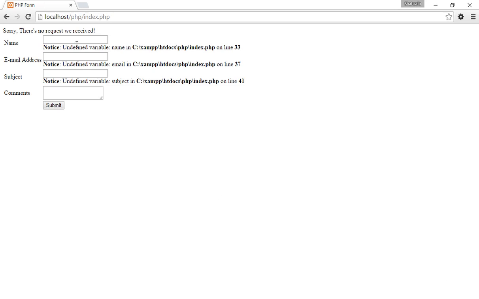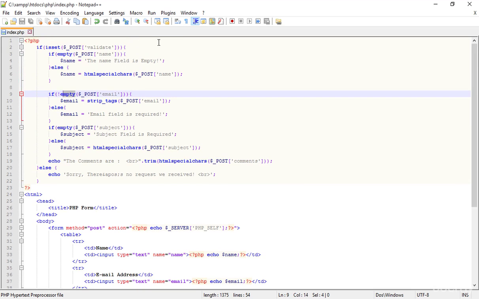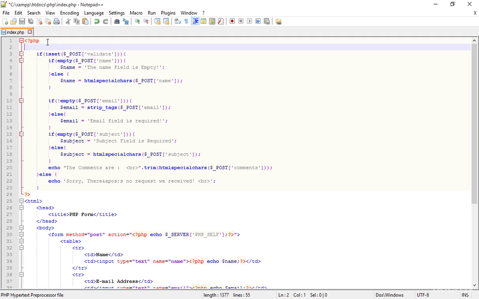Because there isn't any value, these are neither empty nor filled, just because I didn't click on the submit button. When I click on the submit button, then the empty or not empty command will run, but right now I just didn't click on the form validation, and I'm directly calling the name. So the thing is, before the